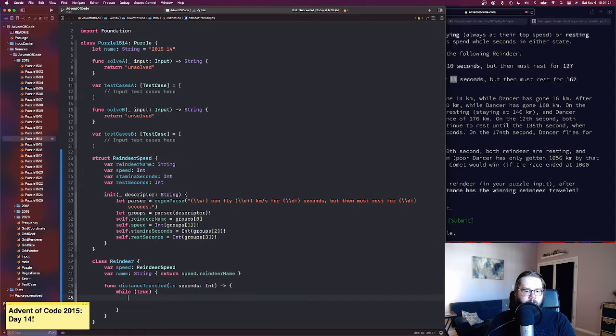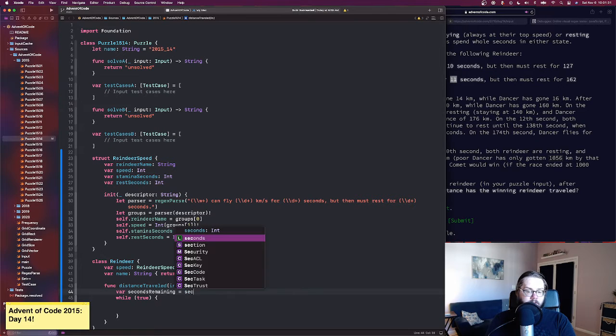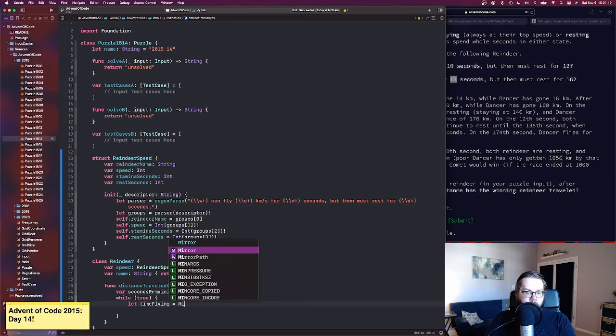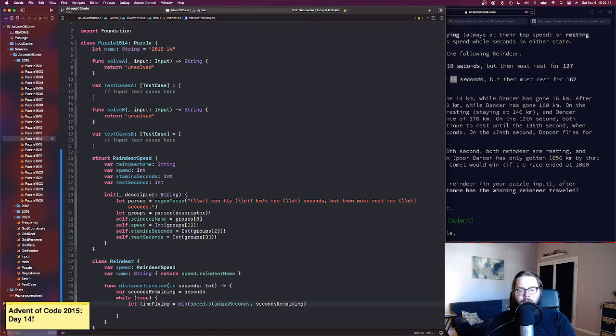So we're going to say var seconds remaining equals int, and it equals seconds. That seconds remaining, we're going to subtract from over time. So we're going to let time flying equal the minimum, is it math.min? Is it just min? Yeah, min of the speed dot stamina seconds, or seconds remaining. So whichever one of those is smaller. If they can run for less time than is remaining, then that's going to be the amount of time that they're flying. So then we're going to go distance traveled equals